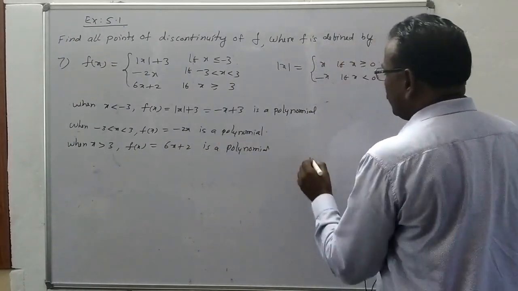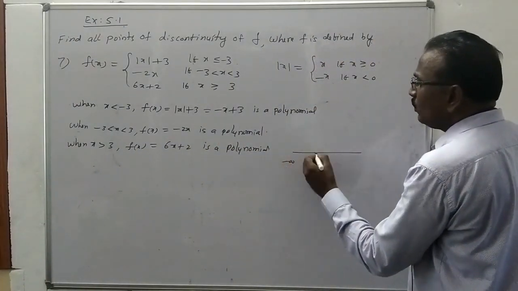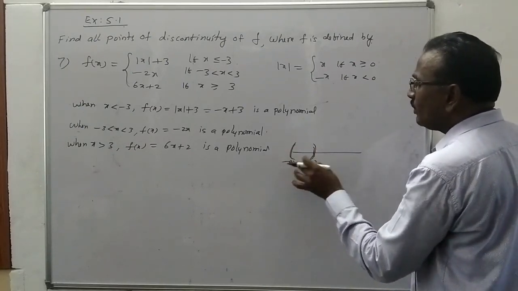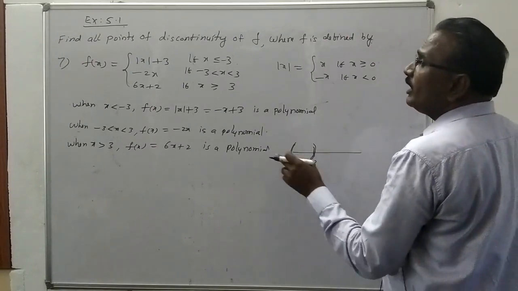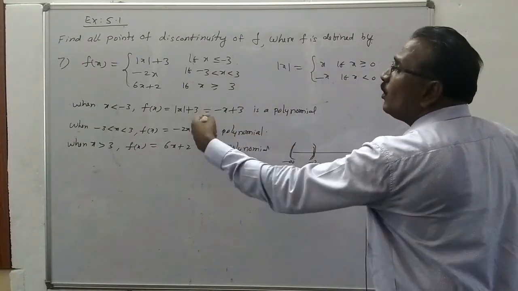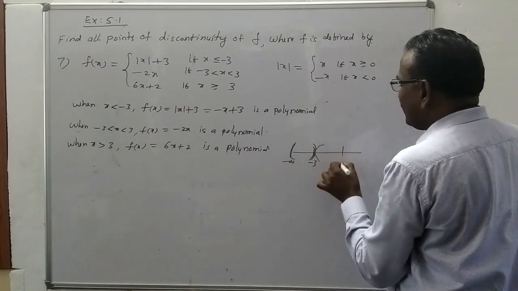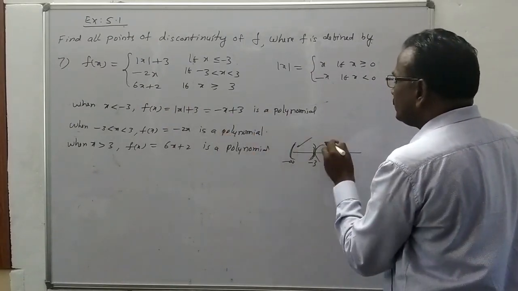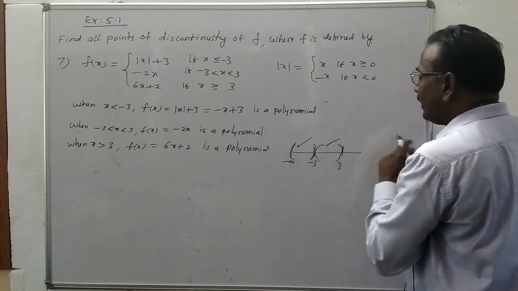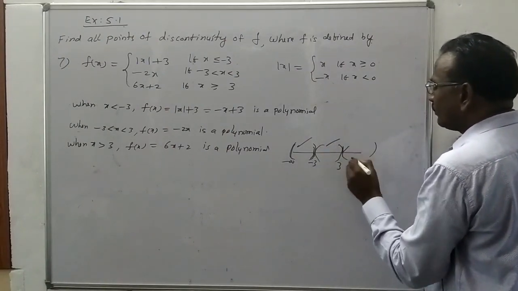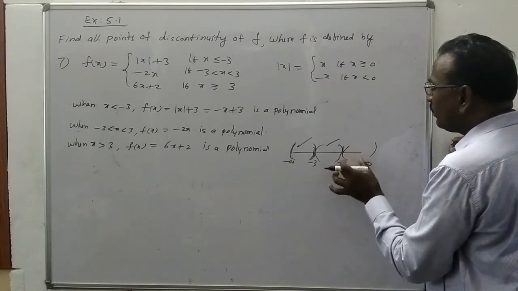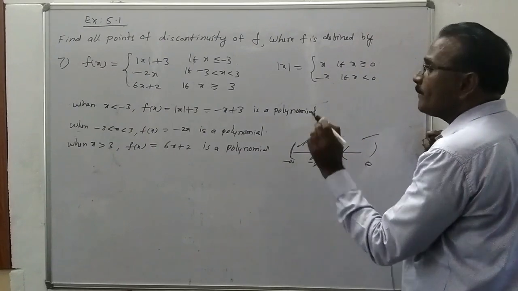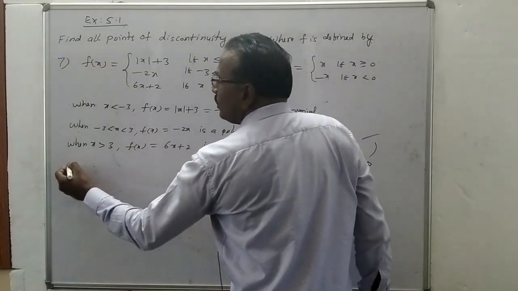So in this interval, that means what? Minus infinity to minus 3, open interval, is a polynomial. Next, open interval minus 3 to plus 3 is a polynomial, is continuous. Next, greater than 3, plus 3 to plus infinity, open interval 3 to infinity is a polynomial. So therefore in these intervals, f of x is in all the cases